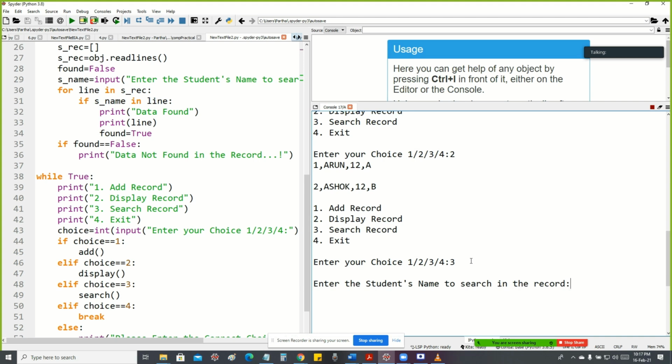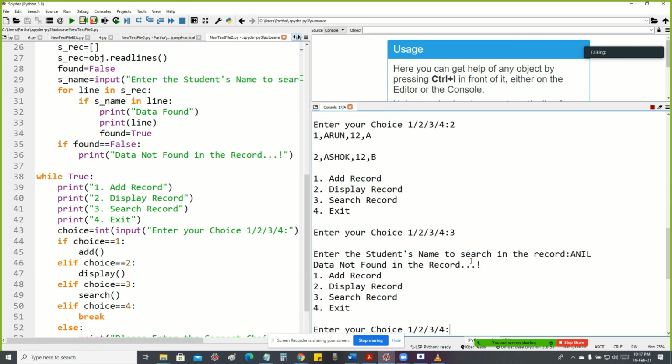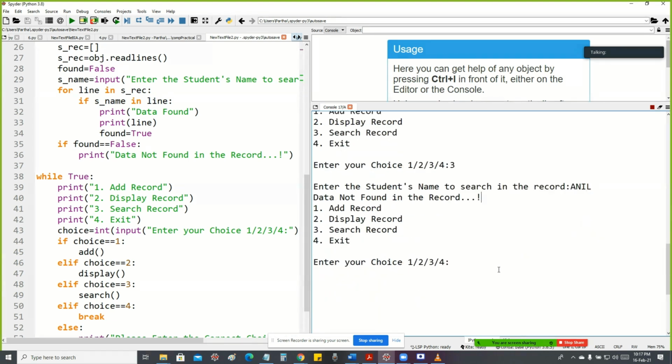Enter the student name to search in the record. Okay, I'll give Anil. Let's see the output. We're getting the alert message, data not found in the record. Why? Because the record contains only 2 student details, that is Arun and Ashok.